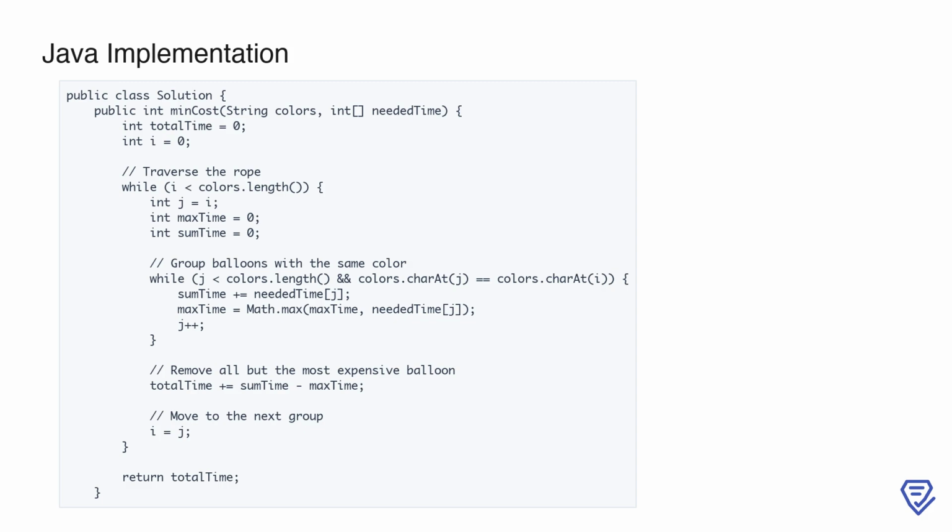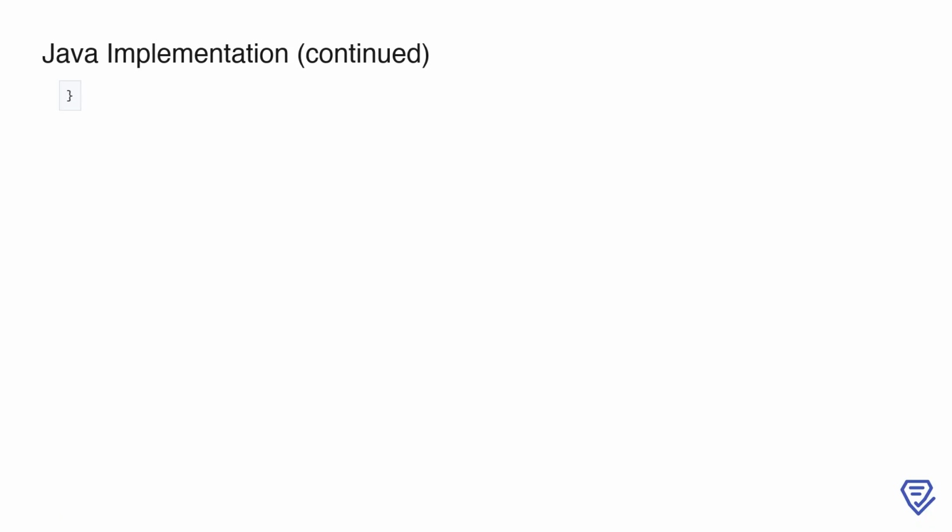Once we've processed all balloons in the group, we calculate the time required to remove all but the most expensive balloon by subtracting max_time from sum_time, and we add this value to total_time. Finally, we update i to j to move to the next group of balloons. After processing all the groups of balloons, the method returns total_time, which represents the minimum time required to make